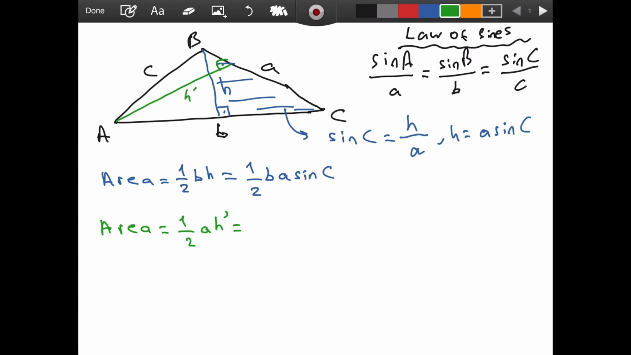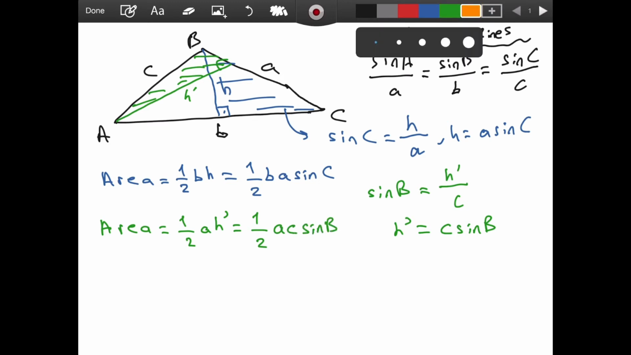Well, if we want to represent h prime in terms of other quantities, just like we did a minute ago, we could look at this triangle this time and see that sine of B is equal to h prime divided by c. So h prime is c times sine of B. If we substitute this, we see 1 over 2 a c sine of B. And if we do this one last time, using the other side, which means we draw a perpendicular line like this,